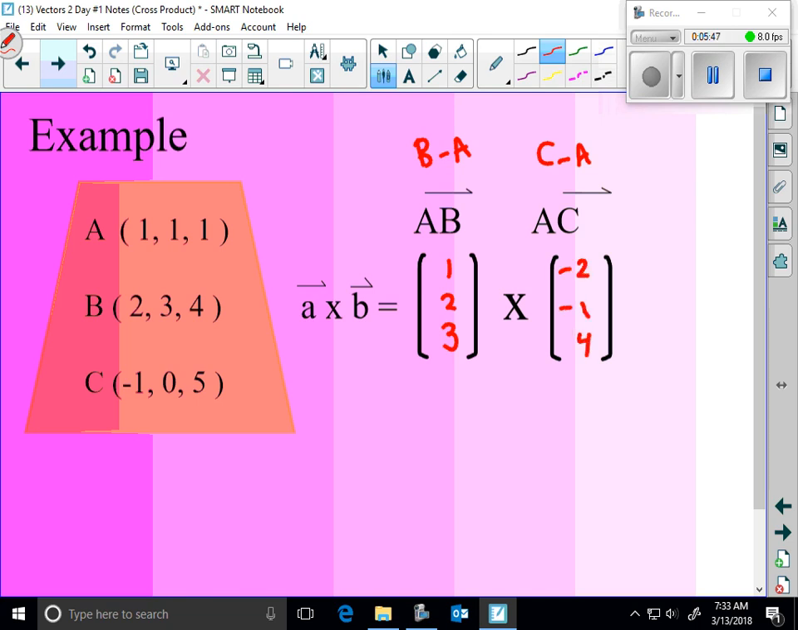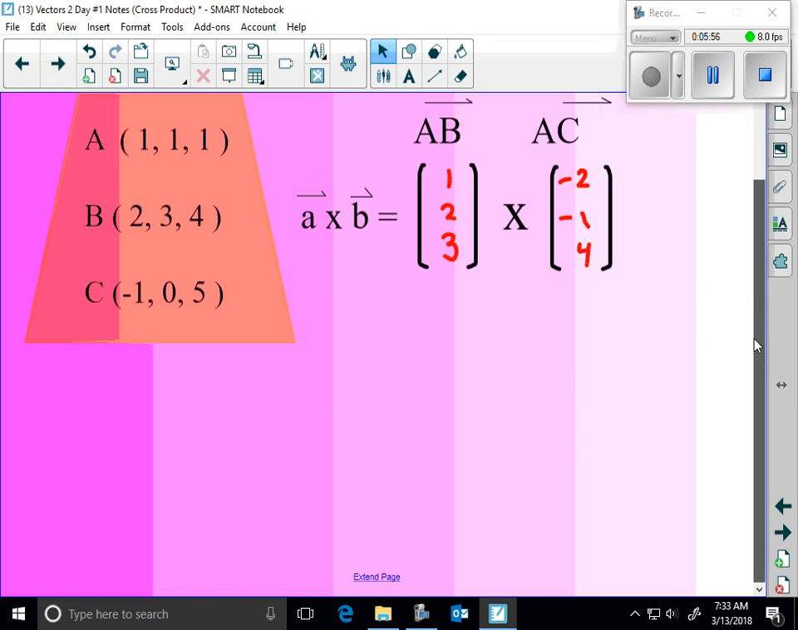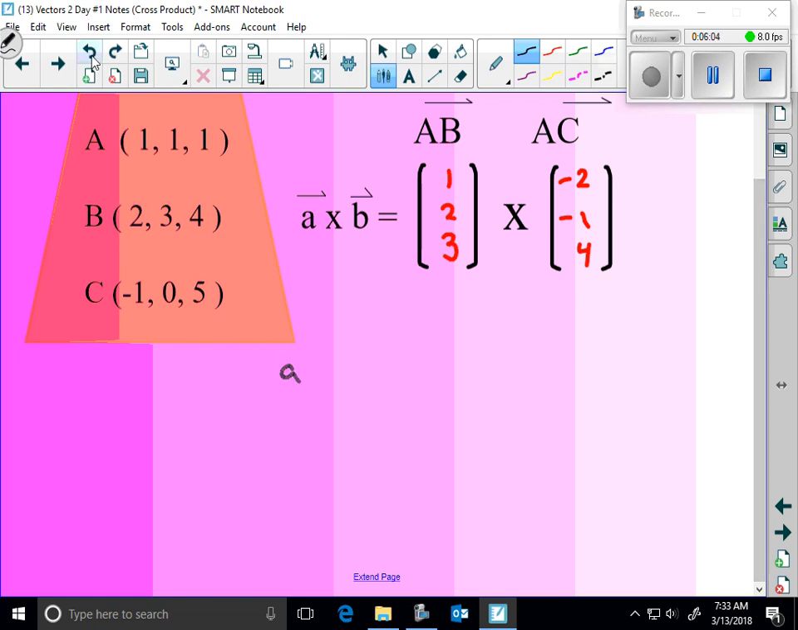Let me check my math here. Negative 1 minus 1 is negative 2. 0 minus 1 is negative 1. 5 minus 1 is 4. Okay, good. Now I take this and I set it up in this determinant form. Okay, so A, oops, I don't want A, I want AC. So if I'm taking AB crossed with AC,